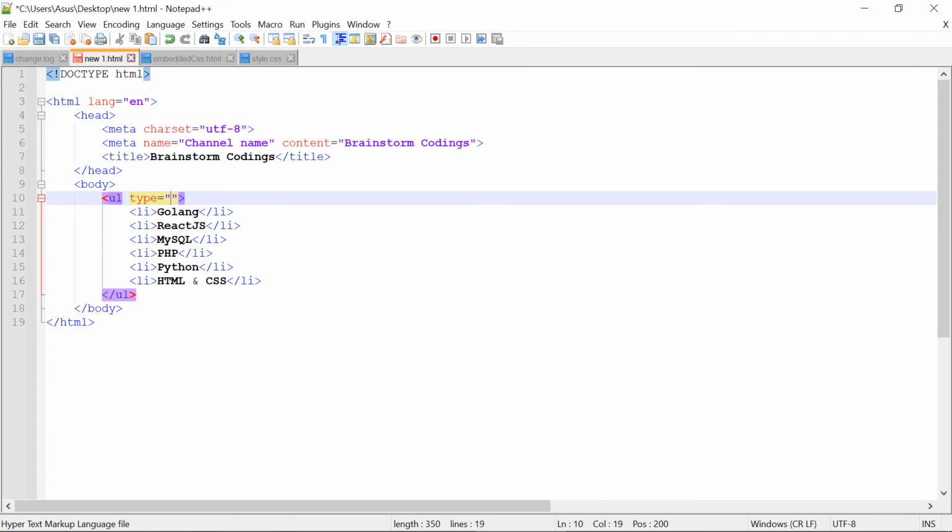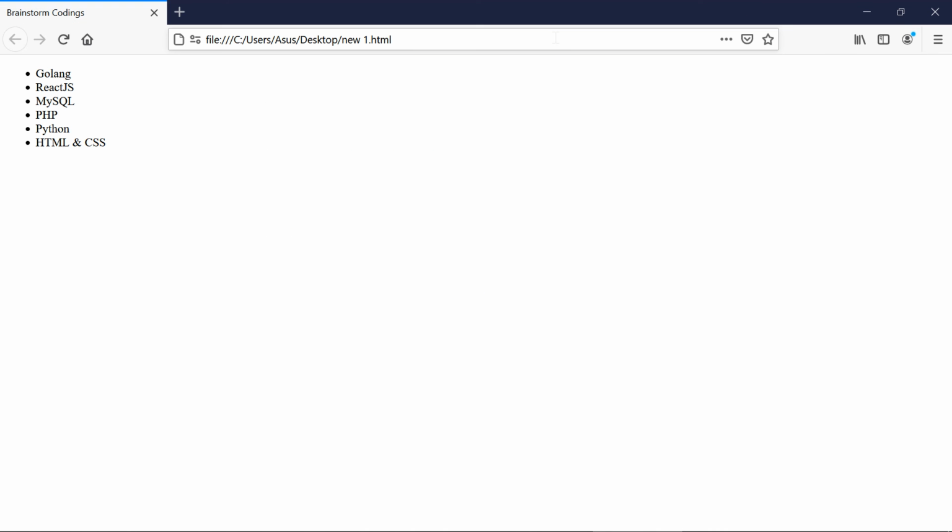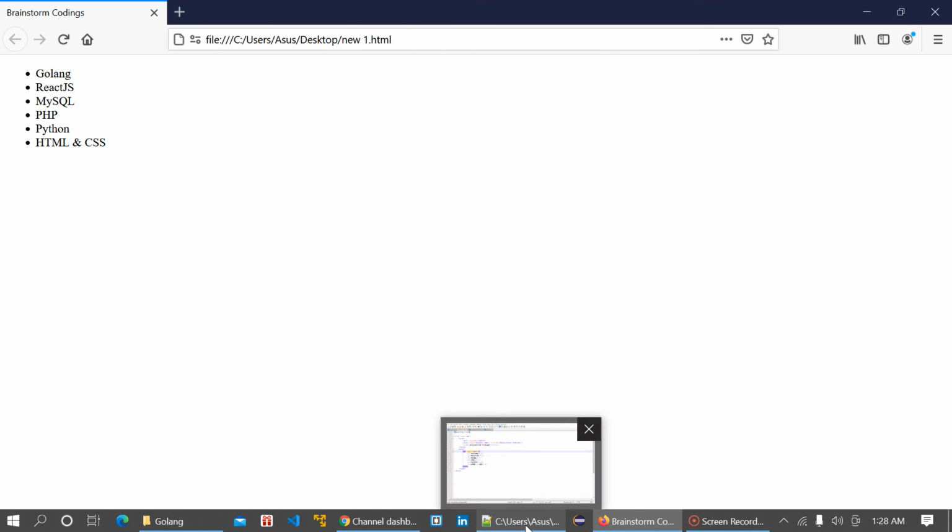These are the disk bullets we have by default. Even if I use type disk and save the file and refresh the page, you're not going to see any change, because these are the default bullets for the unordered list.